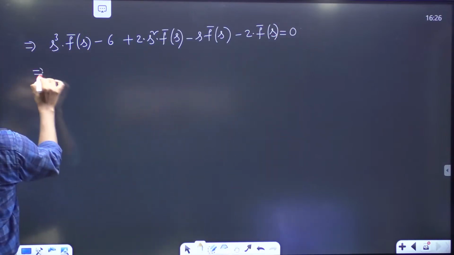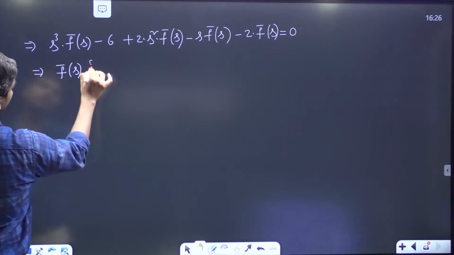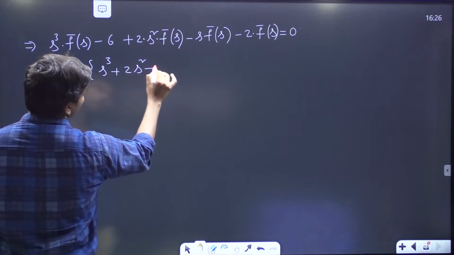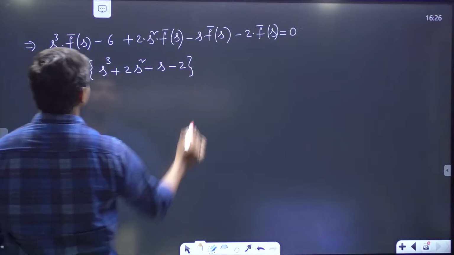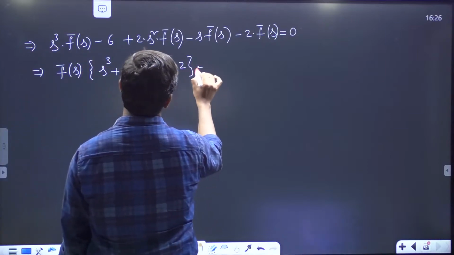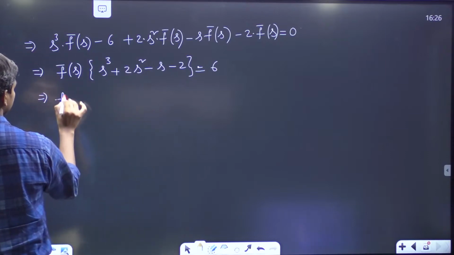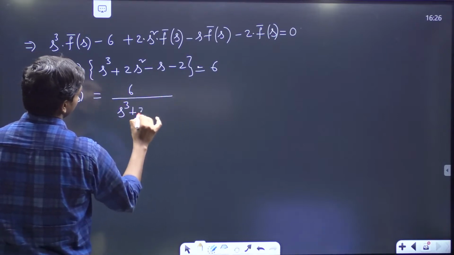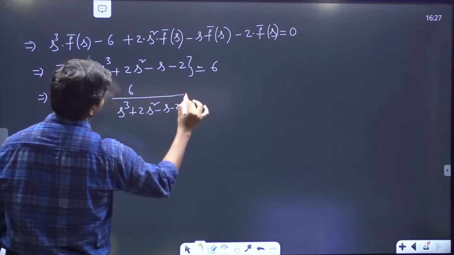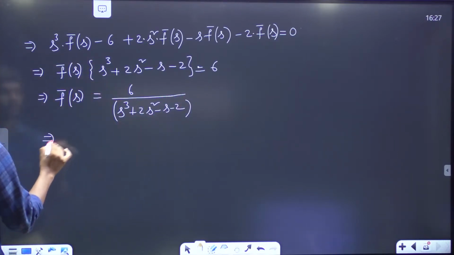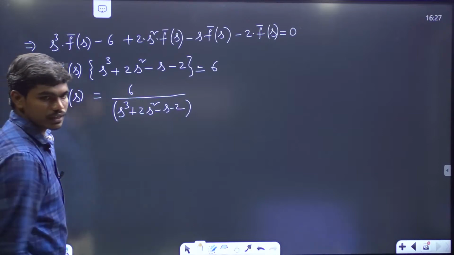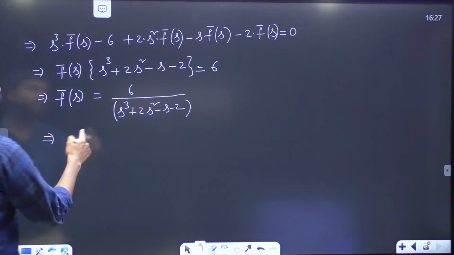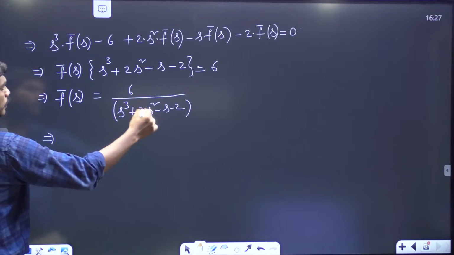Correct? So now, if you take this f bar of s common, f bar of s into s cube plus 2s square minus s minus 2 is equal to 6. So this implies f bar of s is equal to 6 by s cube plus 2s square minus s minus 2. This is what we have. And if this is f bar of s, and if you want this y of t,